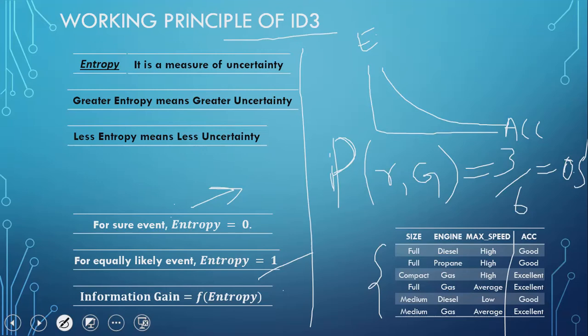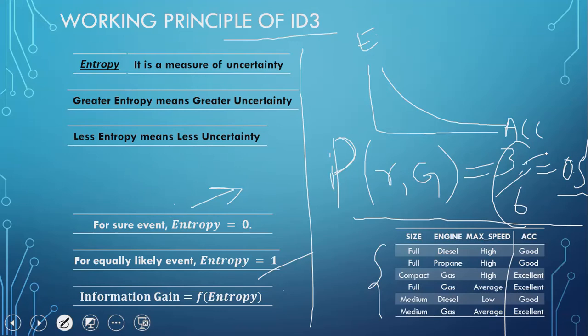In order to increase the accuracy, we have to increase this probability, we have to increase this ratio. This can happen in two ways. We could increase the numerator, which we can't, since the total number of examples is fixed in this data set. Or we can reduce the total number of examples. This may happen by dividing this data set intelligently, where the records with the good label are put in a separate table and the records with the excellent label are put in a separate table. In that way, our probability of choosing a record belonging to any particular class will increase. Hence, it will decrease the entropy and increase the accuracy of prediction.